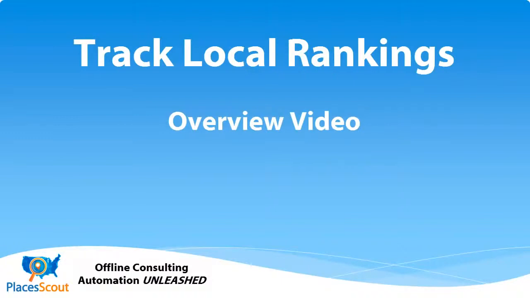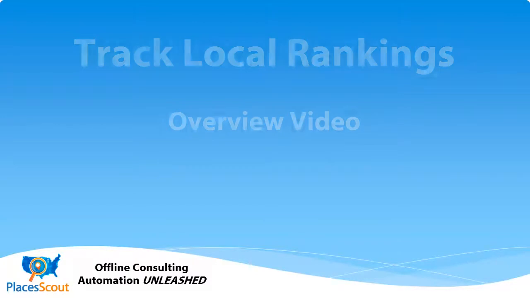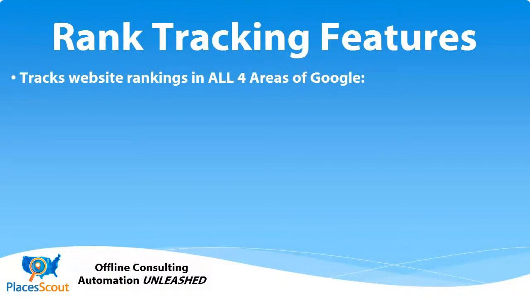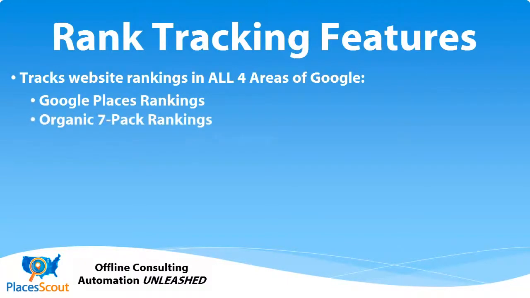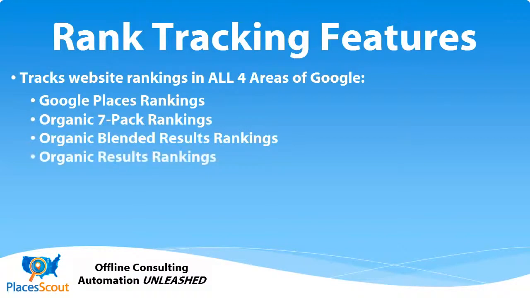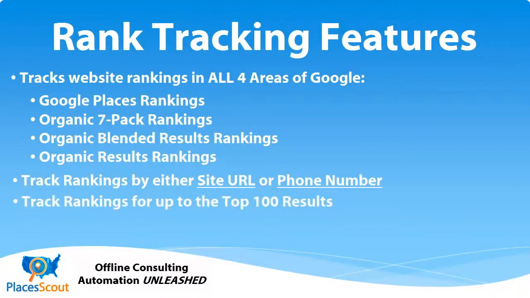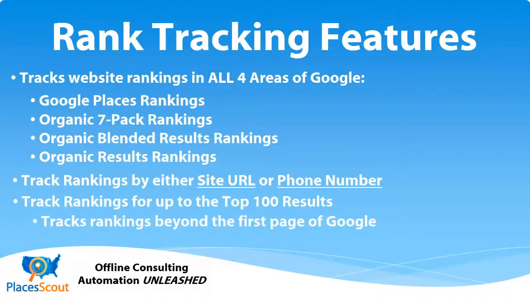Now if you didn't know already, Places Scout has extremely powerful rank tracking capabilities that can track a website's ranking in all four areas of Google. This includes the Google Places rankings, the organic 7-pack rankings, the organic blended results rankings, and the regular organic rankings. You can track rankings by either a site URL or a phone number. You can track rankings for up to the top 100 results, so you can track your clients' rankings beyond the